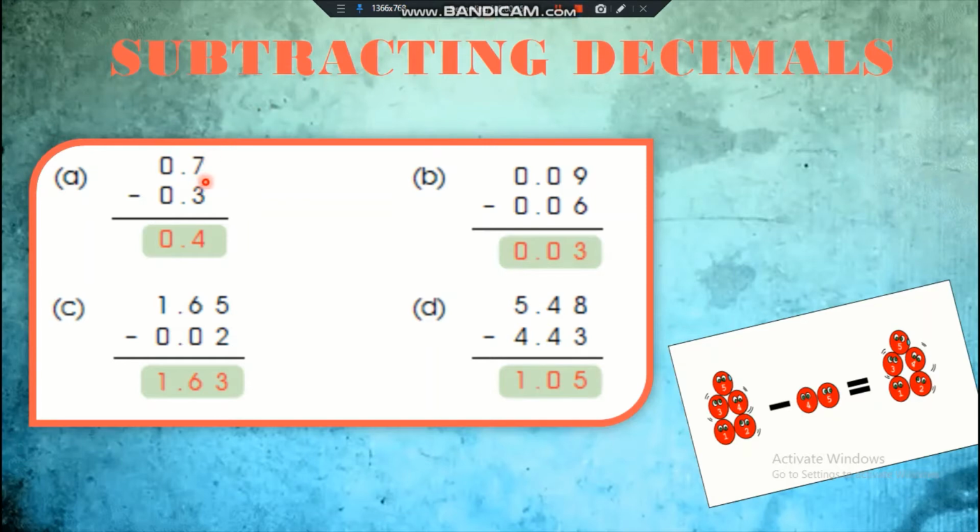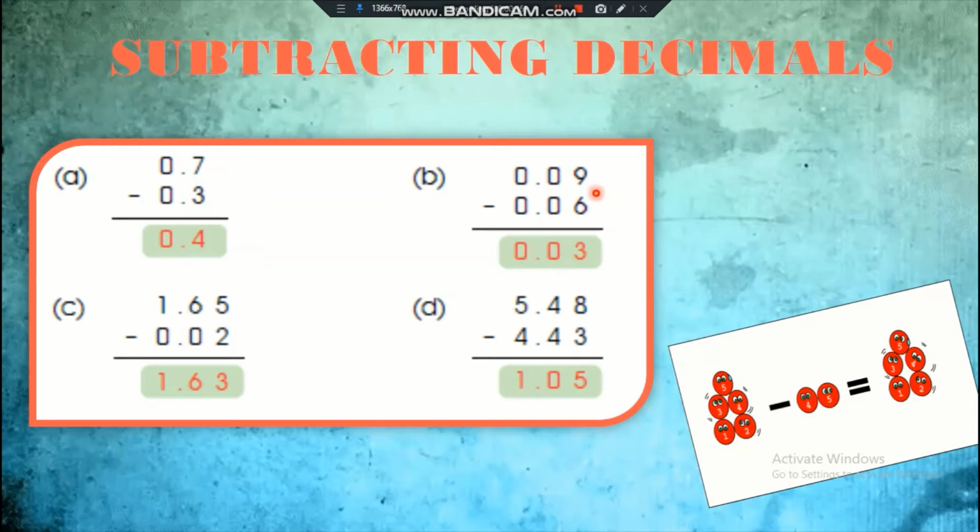Now let's see subtracting decimals. Over here we have an example 0.7 minus 0.3. Well, you know, when we subtract 3 from 7, what remains? 4. 4 is left when we subtract 3 from 7. So we write 4 over here, the decimal comes as it is, and 0 minus 0 is 0. So 0.4 is your answer, or you can say 4/10.